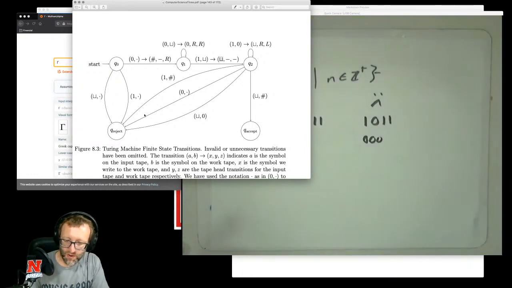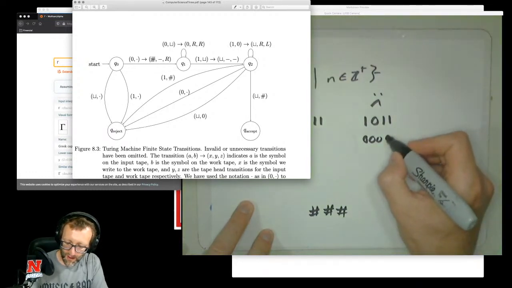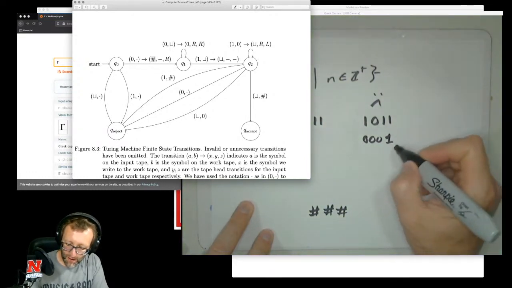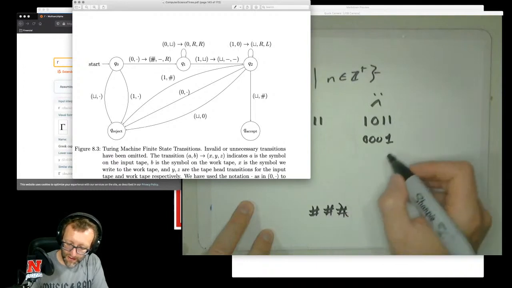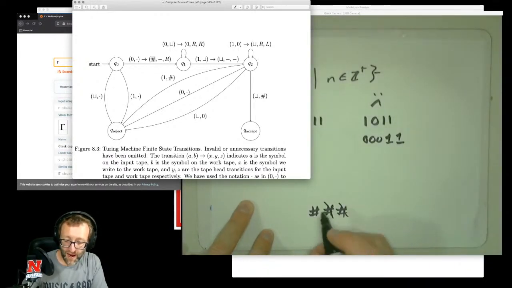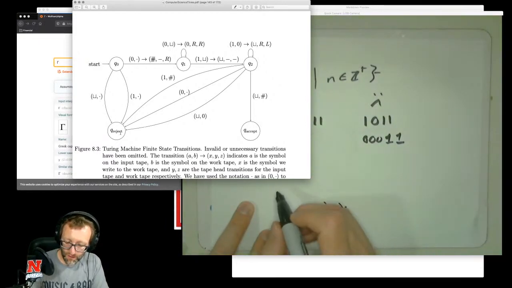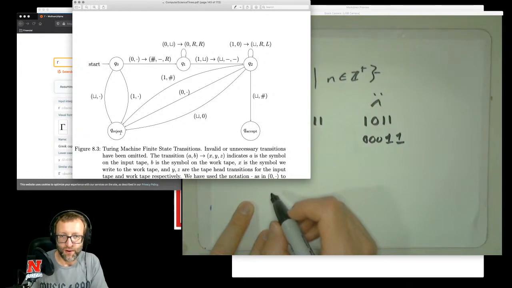And what we're doing with the output tape, with these hashes, is every time we see a 0, we write a hash, we write a hash, we write a hash. The first time that we see a 1, we start deleting those hashes. And if that's the input and we still have a hash there, then we jump over to this reject state. But the computation over here is basically using the output string as a stack,